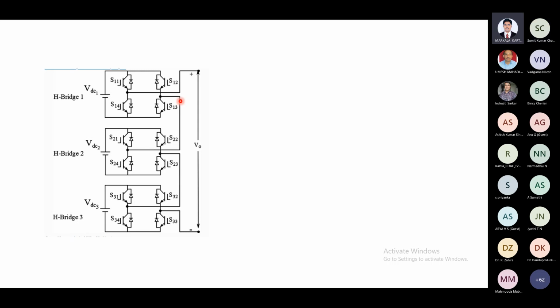Okay. Is it by only operating the switches S24 and S22? S24 and S22, yes. No, I am talking about bridge 1, where the switches are S11, S12, S14, S13. And what I want is only zero voltage across these two terminals, in between these two points. Only S12 should be on. Only S12, yes. How can you say that?